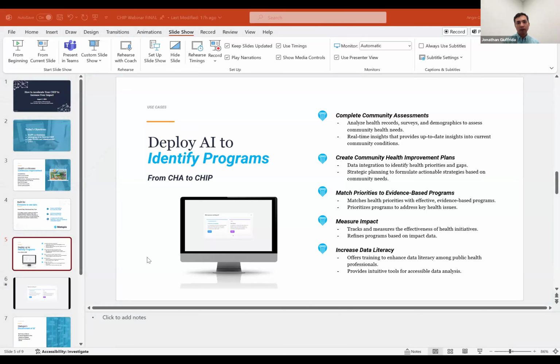AI can give you that rough draft with all those complete steps and let you just edit that, refine it, ask it to try again, do this a little bit better, that sort of thing, but get you there a lot faster. This looks like instead of taking weeks to develop these parts of the CHIP process, you can do it in hours with your partners, build an interactive dashboard you can share with your partners, and then go from there and immediately dive into program analysis, program management, figuring out how to go further and improving the health of your community.